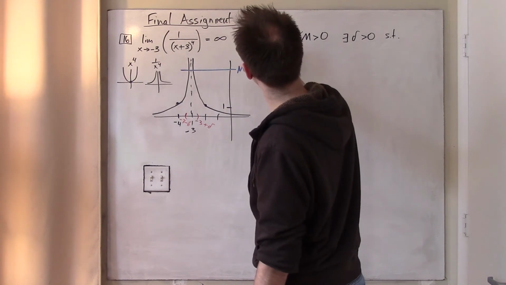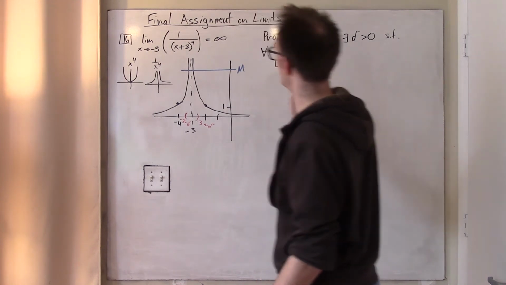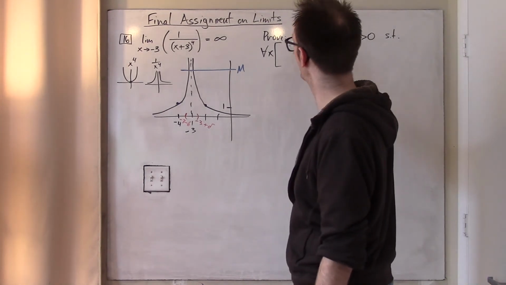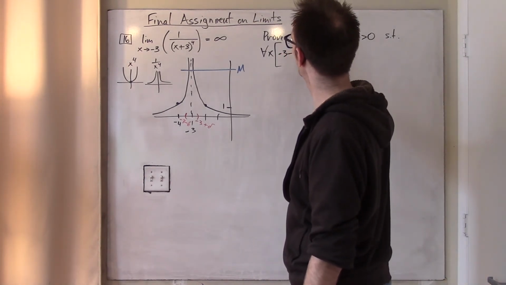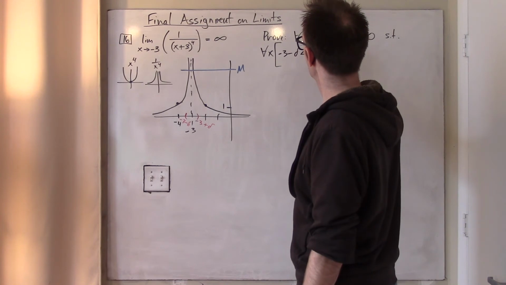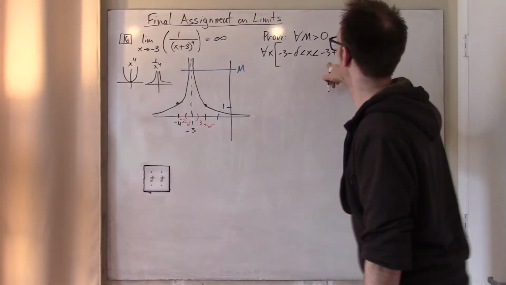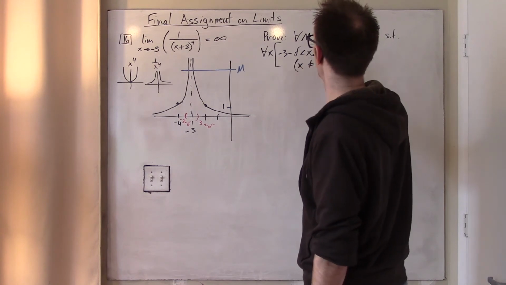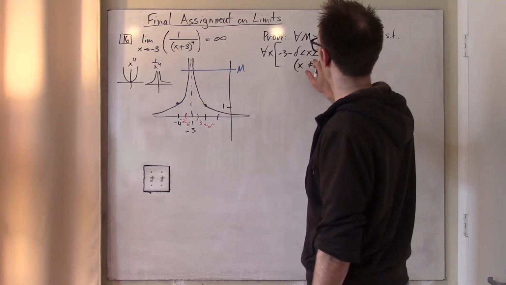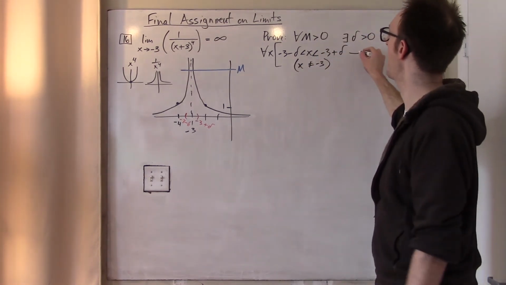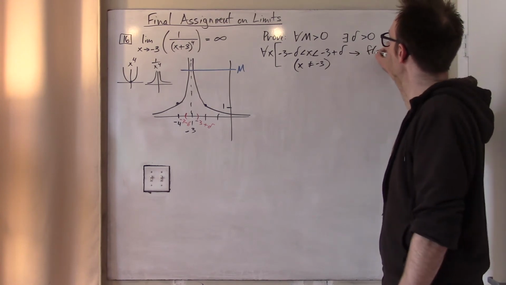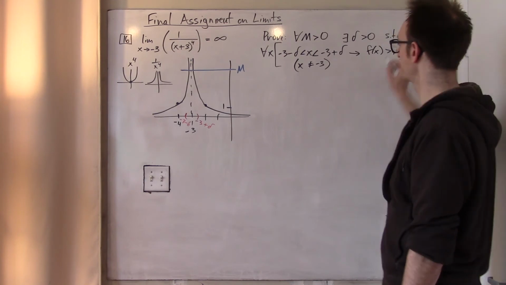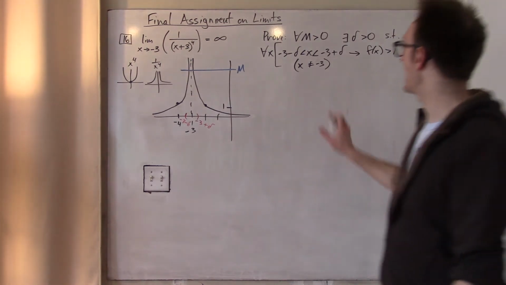What makes this delta special? Well, it's how close I need to get to negative 3. So if x is any number in between negative 3 minus delta and negative 3 plus delta, but of course x not negative 3 itself, since the function's undefined there, but any other number in that interval, then when I plug it into the function, the output of the function will be bigger than the massively large challenge. Okay,